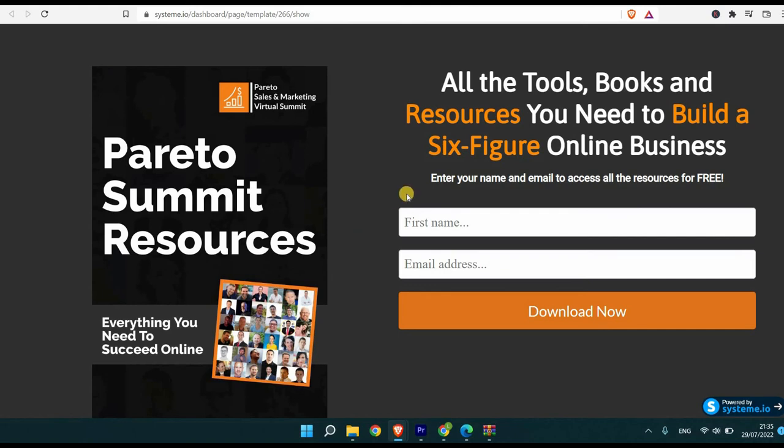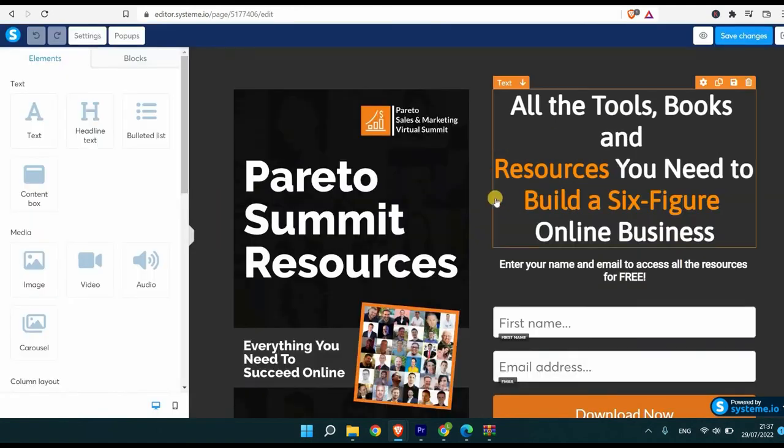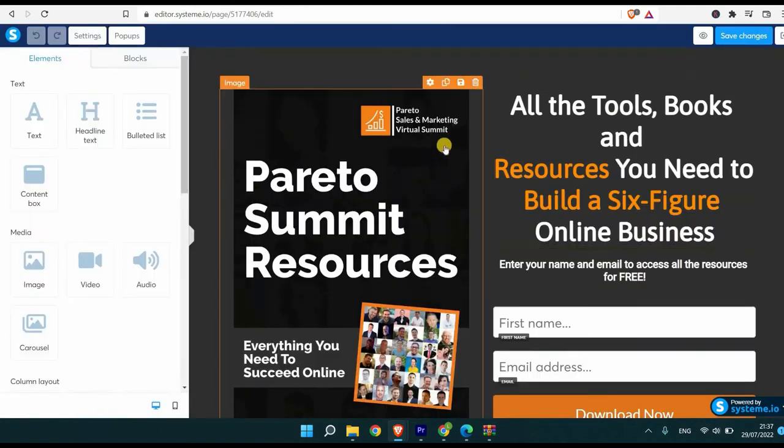This is step number 1. And this is where we tell people why they need that free item in exchange for their email address. And we're going to edit this page. First of all, I want to